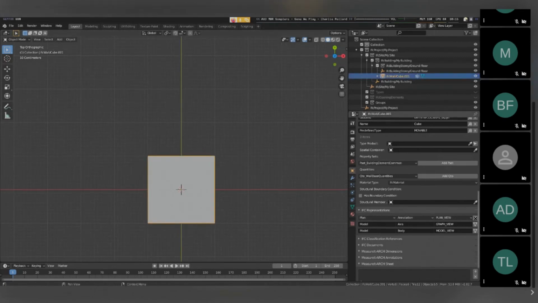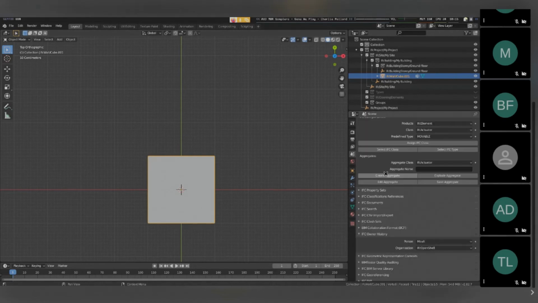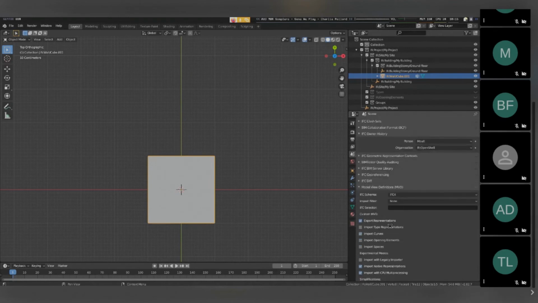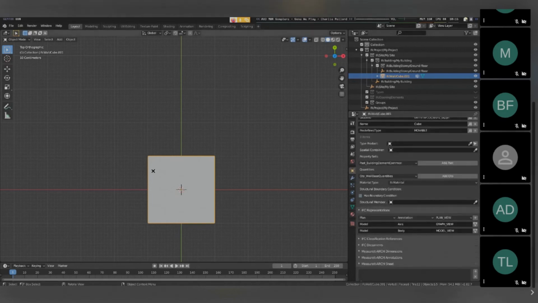What I can do is I can create a plan view representation of it, which, of course, my computer's feature's not really working. But if I did add that representation, maybe I know what I need to do. I think I need to context enable plans, add it in there, and now I should be able to add it. Nope, not broken feature. There we go. Anyway, if I was able to add it,